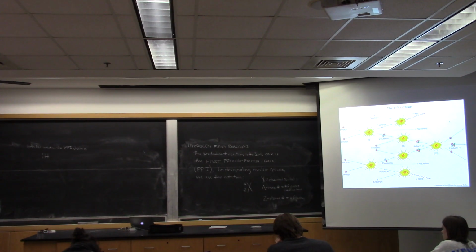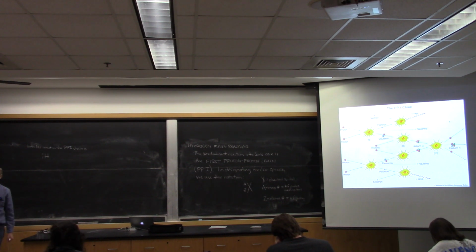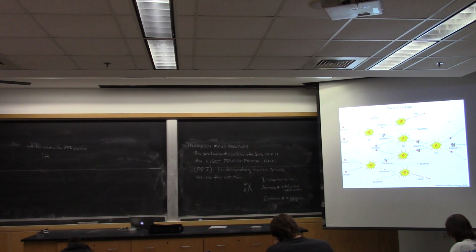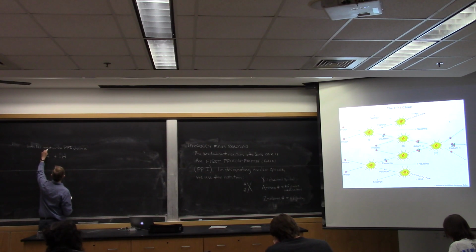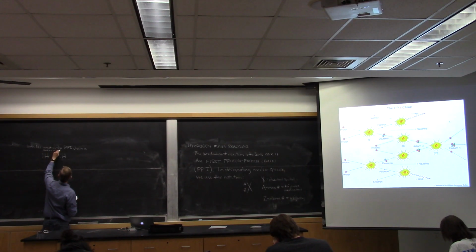It is a nucleus that has how many total particles in it? 1. How many of those particles are protons? 1. Therefore, it is a hydrogen. It is a proton. 1,1H is a proton. It's a bare hydrogen nucleus. There are hydrogen nuclei with 1 and 2 neutrons in them as well, but that's a bare proton right there. That's a proton plus another proton. So this is proton plus proton